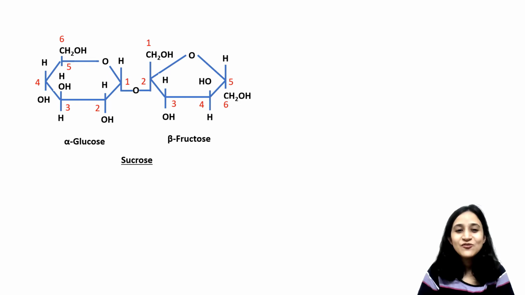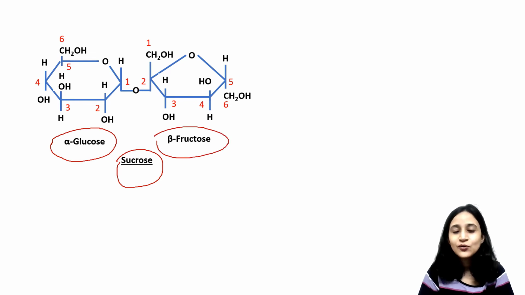Now, in case of sucrose, sucrose is made up of alpha glucose and beta fructose unit. They are joined by 1,2 linkage. In case of sucrose, free aldehyde or ketone are not formed by ring opening. Hence, it acts as non-reducing sugar. Because in this case, the